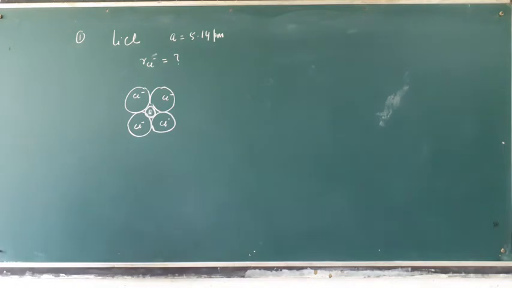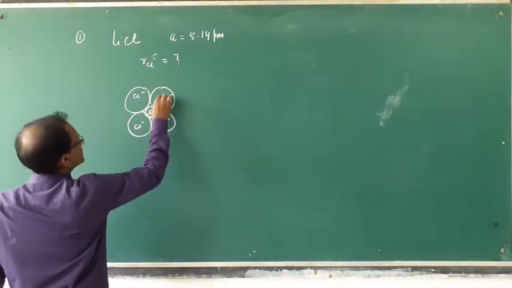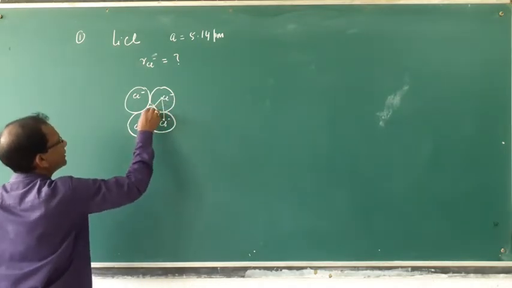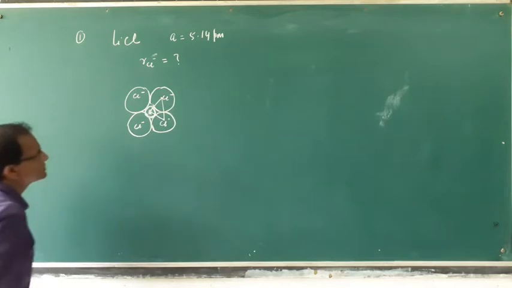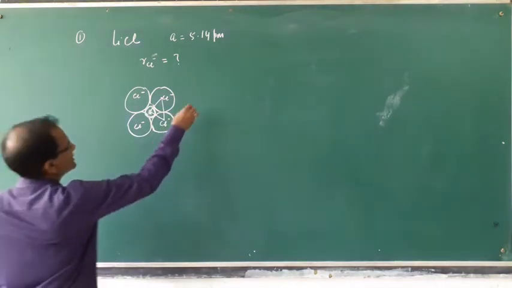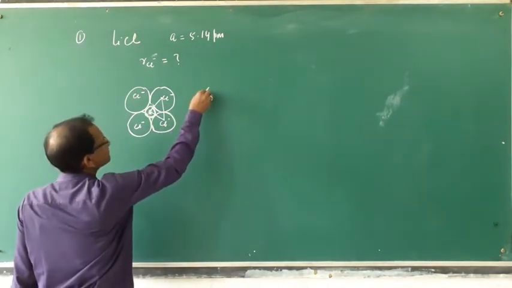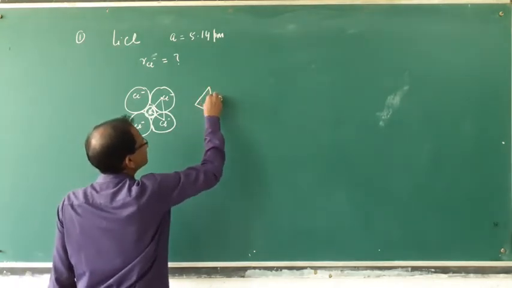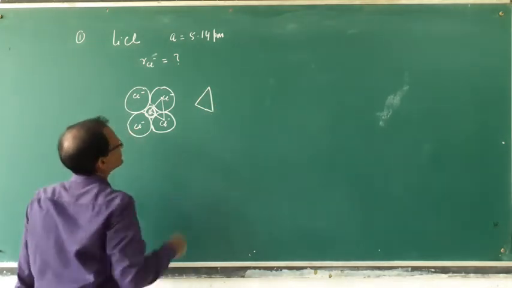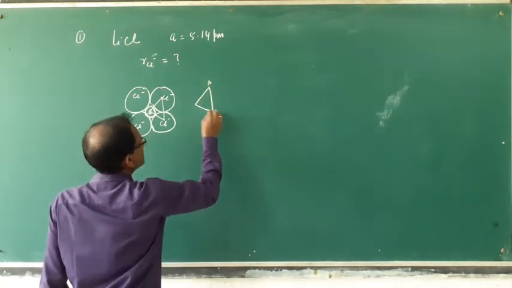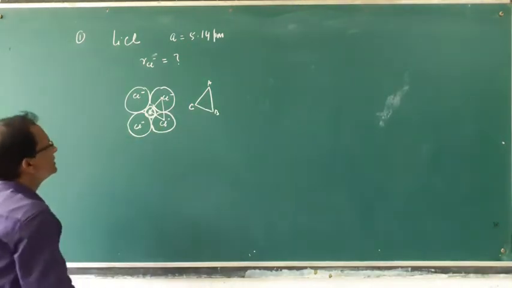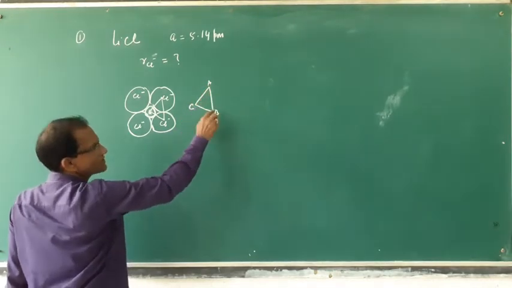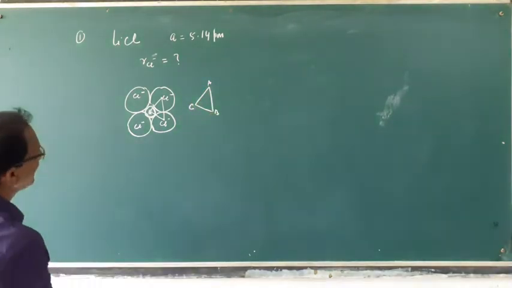Here, if you join center to center and two lithium ions, if you join this, let it be like this. This is A, this is B, this is C. This position lithium occupies, this position Cl minus occupies. In between